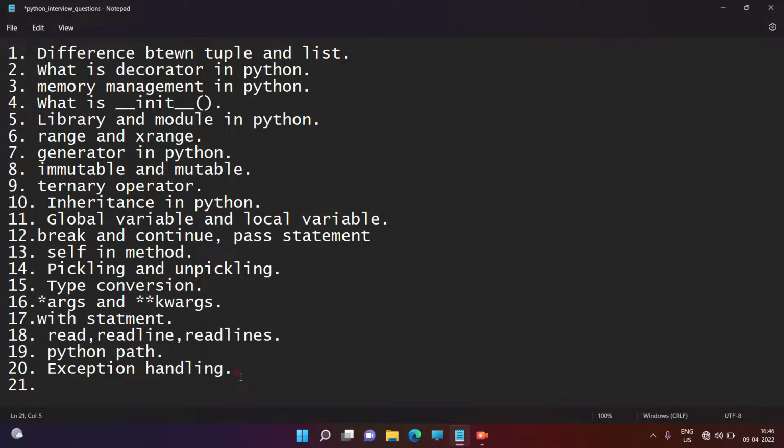So the 21st question, what is the next question? This is Python 2.0 and 3.0. We also need to prepare this question. What is the meaning of 2.0 and 3.0? We need to state some differences between 2.x and 3.x. I recommend you collect 4 to 5 differences between 2.x and 3.x, right guys?